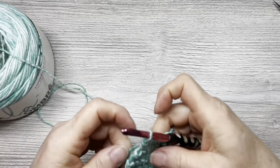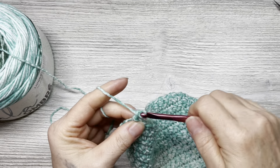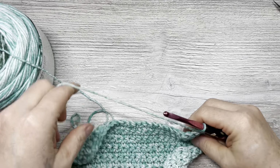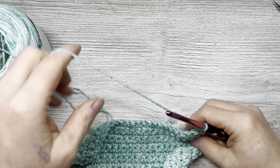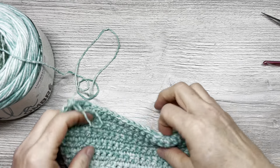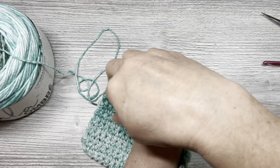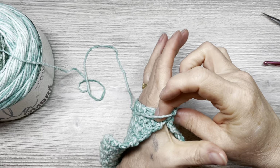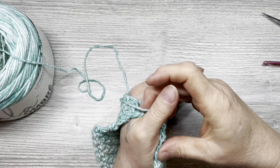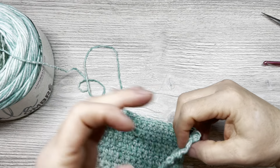So we are at this point. I am going to chain one, turn my work. Now this is going to be the part that is on my hand. When I sew it up, the seam is going to be by my thumb. So this is how I have made it. This point right here is going to be sewn, going to skip my thumb and sew down to my wrist. So right here